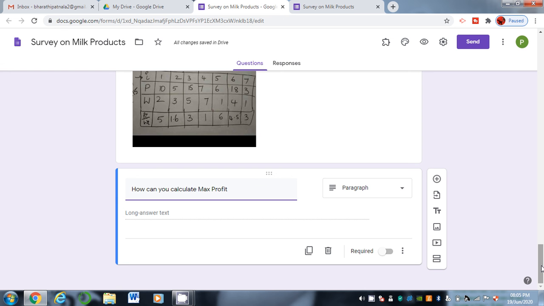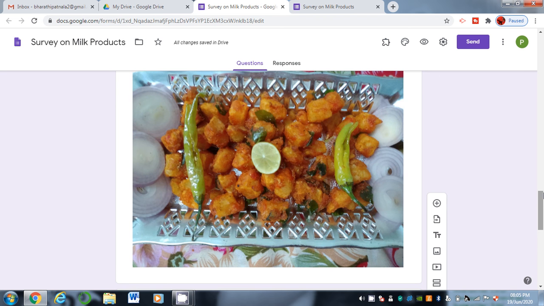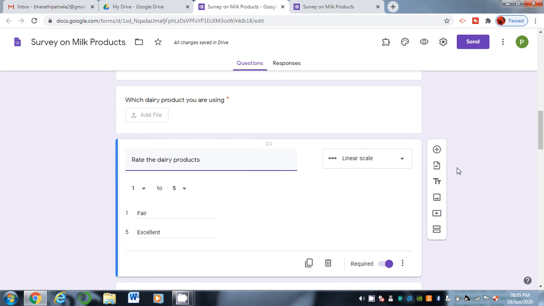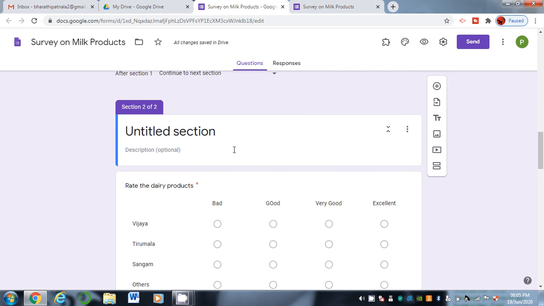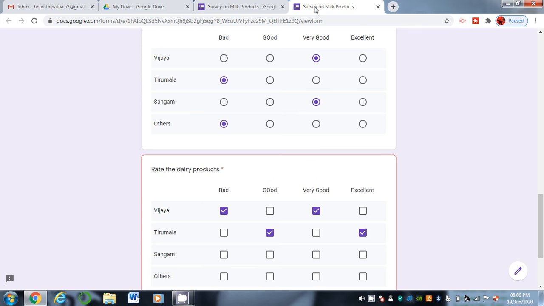Okay. Next, you can also create sections. For example, you want to make from this onwards another section, make it as add section. So automatically this is another section. For example, you want to give this as section 2, you can give it like this. This is a separate section.